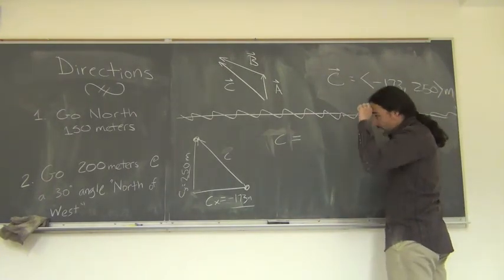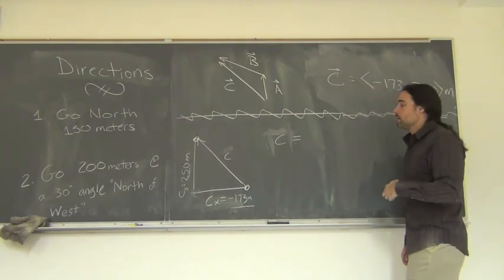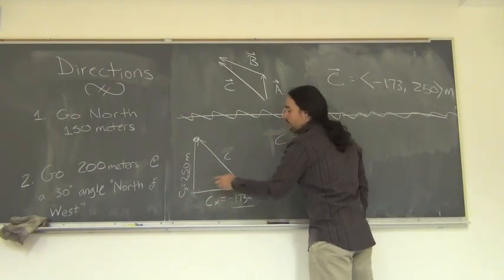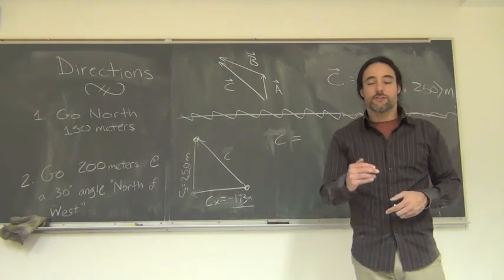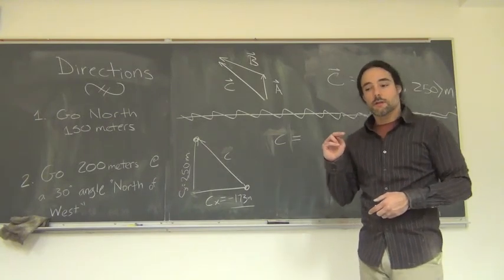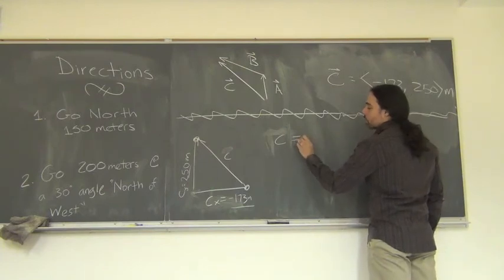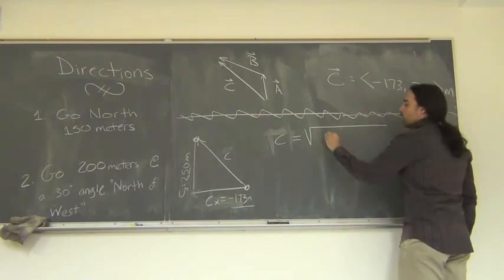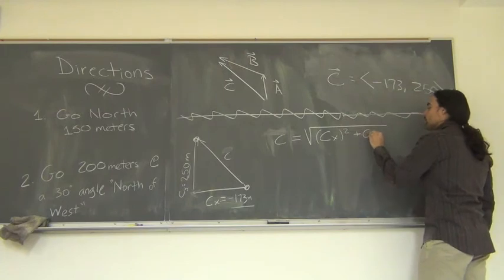But using the Pythagorean theorem, we know that a squared plus b squared equals c squared. And in this case, the a and the b are not my vectors a and b, they're the sides. So the sums of the squares of the two sides of a right triangle give you this hypotenuse squared. So we're going to do the same thing here. We're going to take the square root of cx squared plus cy squared,